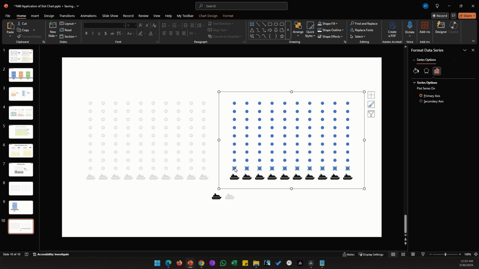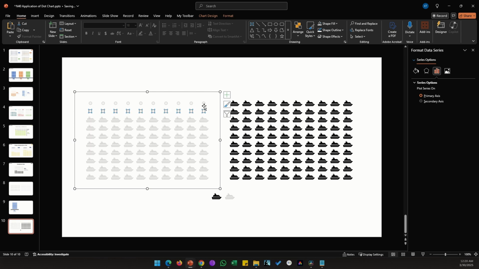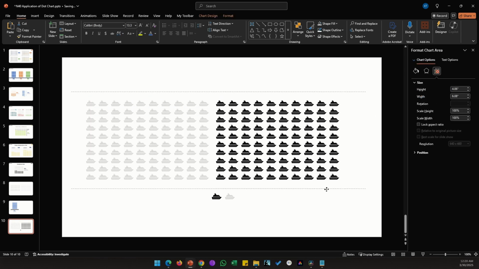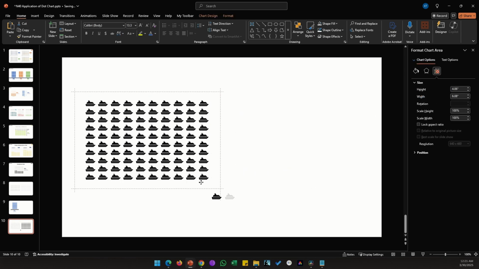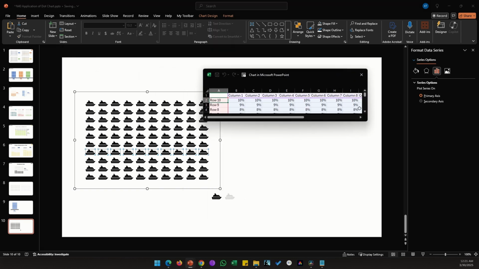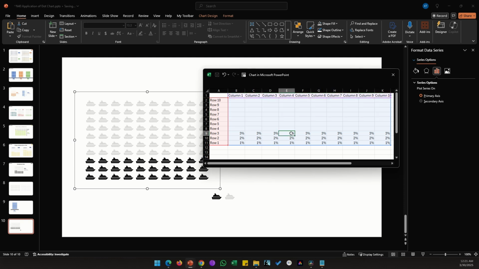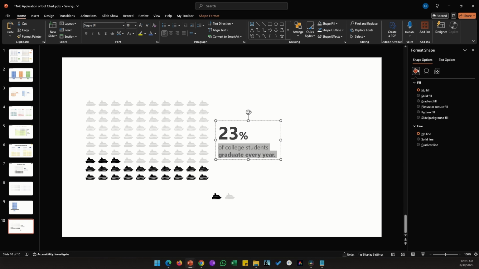Let's copy and paste all our icons here. Let's finish that for here too. Then overlap this chart with the first one, change the values. Let's say there were 1,000 ships in our sample size and we only want to show 230 of them, so 23%. Let's take out 7 rows and take out these 7 column values. Copy our text box,